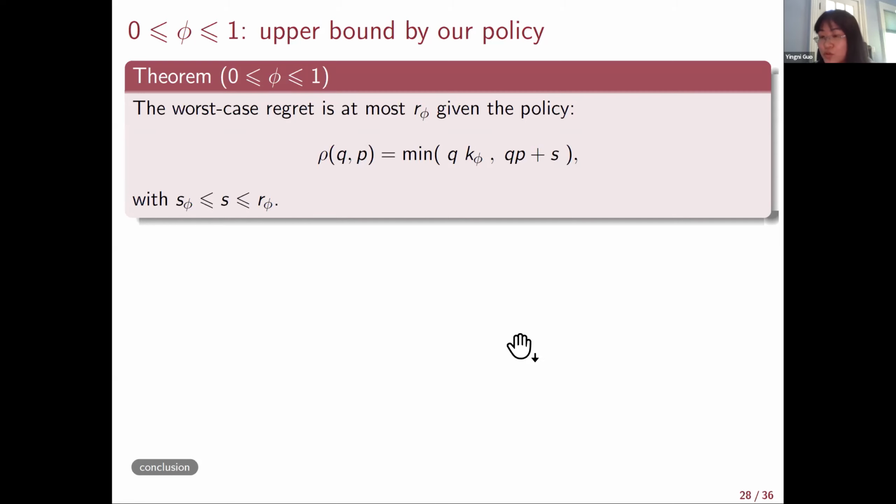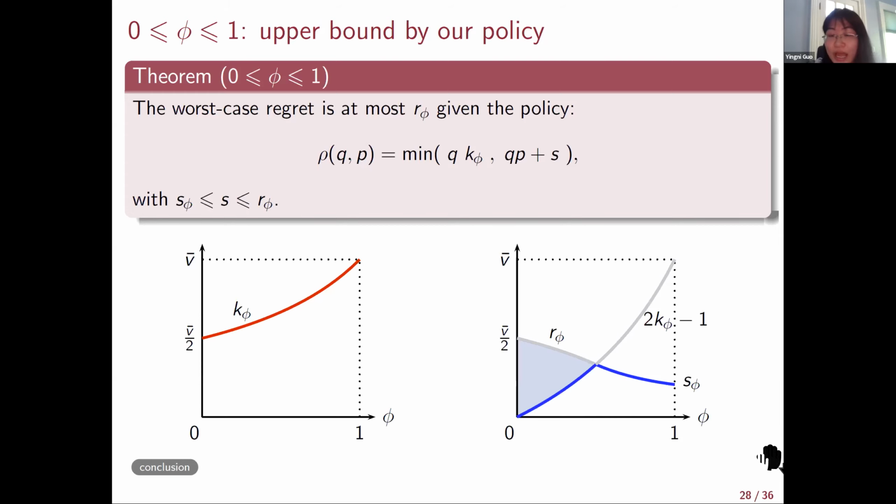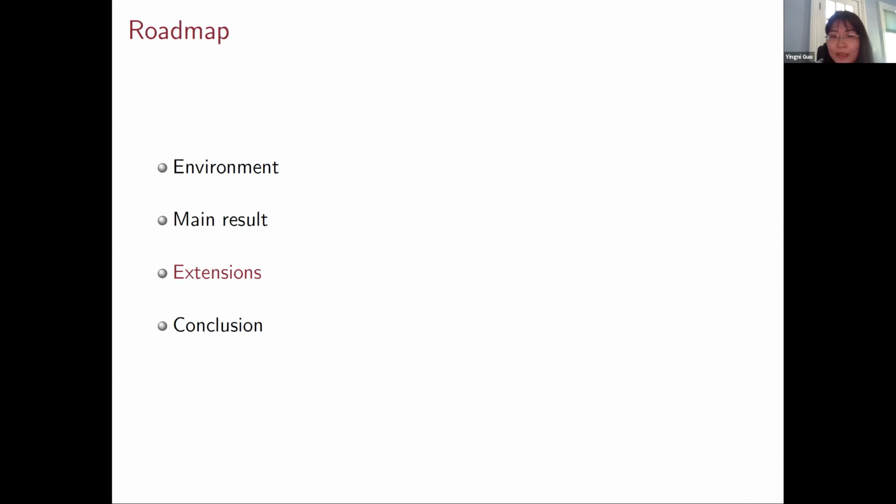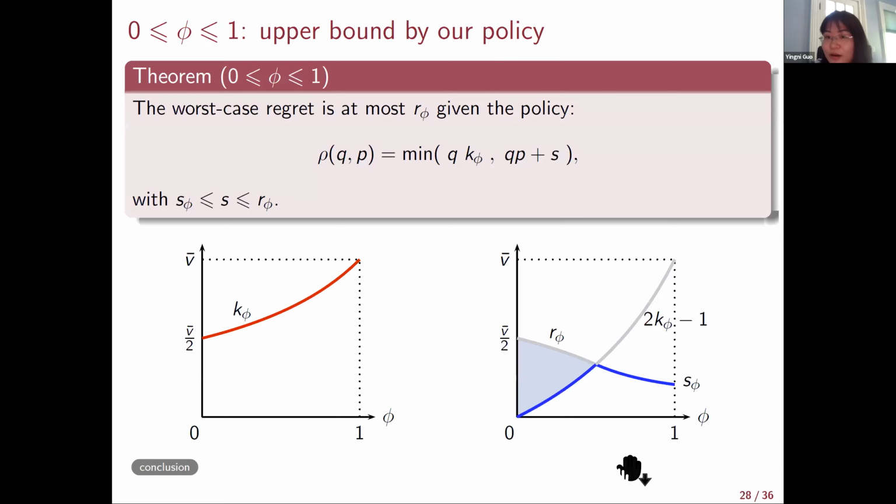So these three instruments, we show that to some extent they are necessary. This theorem shows that they are sufficient. So if I'm a regulator in an environment without a prior, these are exactly the three instruments I should choose: price cap, piece rate subsidy instead of lump sum subsidy, and a cap on the total subsidy I'm willing to offer. Okay, so this is the main result. Now, we actually have 9 minutes, so I have some time to talk about the extension. Any questions so far for the main theorem?